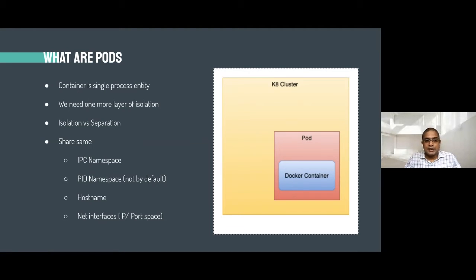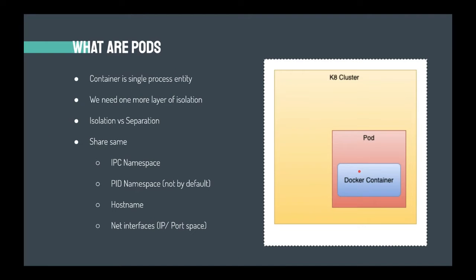So the most basic aspect in Kubernetes is called the pod. A pod is a very simple thing. You can think of a pod as a wrapper to a container. In this case, I'm using a Docker container. You have the Kubernetes cluster here, and inside the cluster you can have more pods. Any one pod can contain more than one container. A pod is a wrapper or an abstraction over the Docker container.